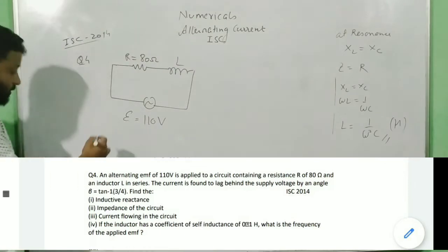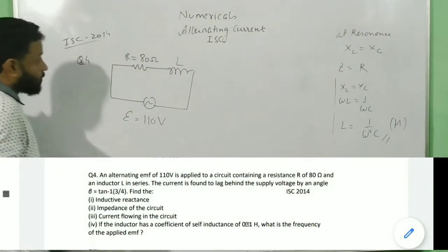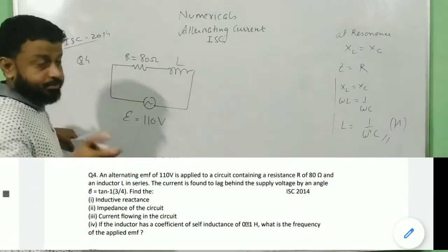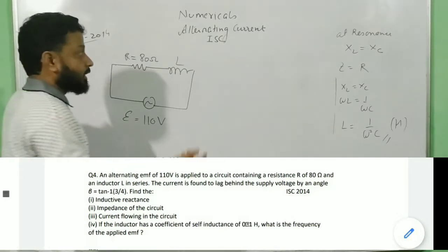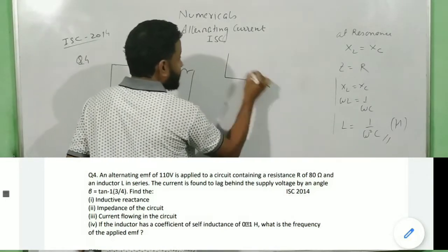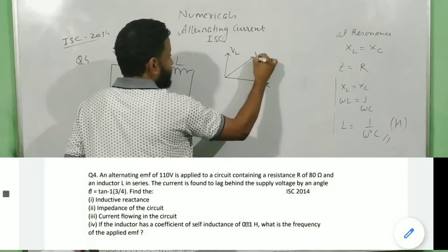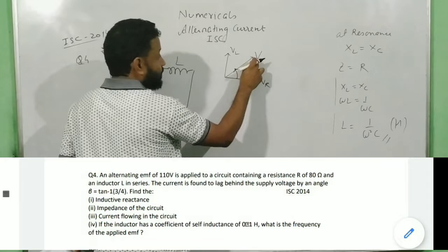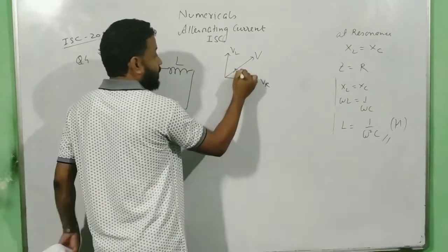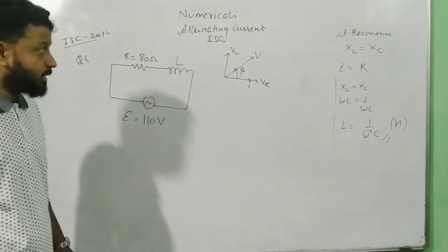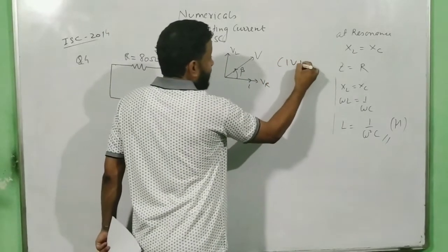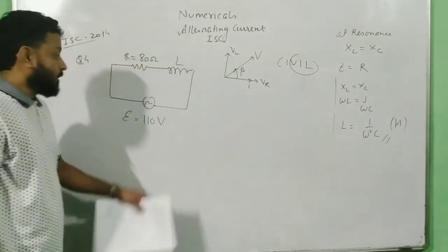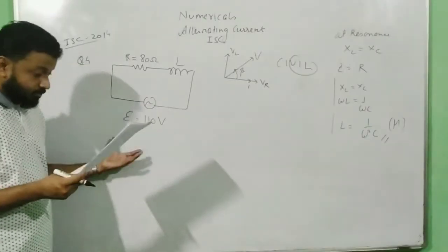It also says that this is our RL circuit. That means overall it will be an inductive circuit, not purely inductive, but since L is there. If you remember, I have VR in this direction and VL in this direction, so the resultant will be in this direction. If this is the current in the direction of VR, the net EMF will be ahead of current by an amount beta. Correct? That is the whole idea of CIVIL: in an inductor, voltage is ahead of current. So that's the idea for the next statement.